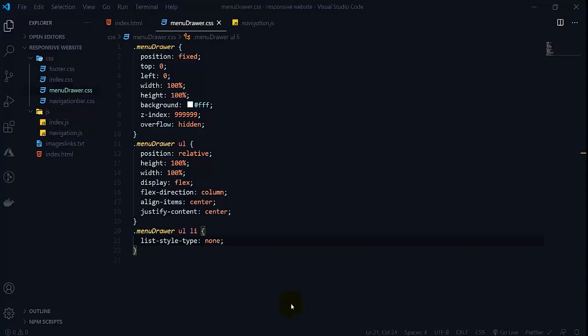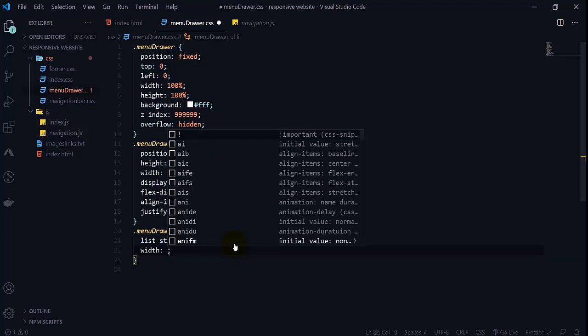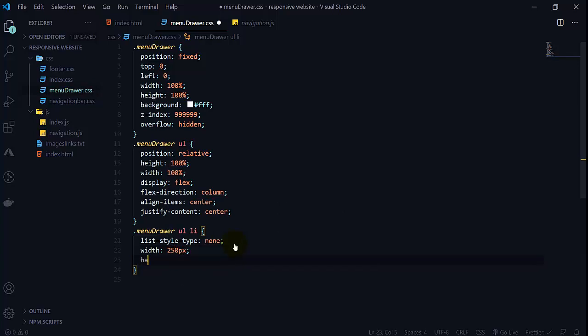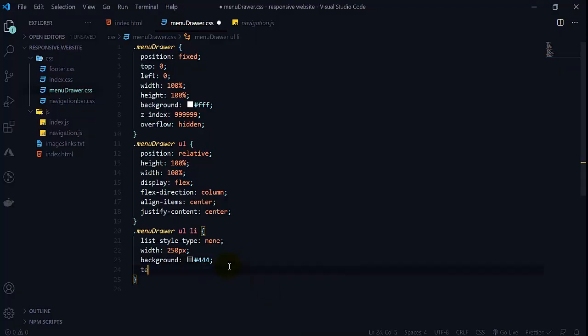So now we have to set its width also. Its width will be like 250 pixels. Let's set its background just for temporary purposes. That will be our gray, so it will give us the gray color. So let's see here. Actually the width is good now. So we can apply text-align as center here. Then we will get it to our center. See that we are getting it in the center.